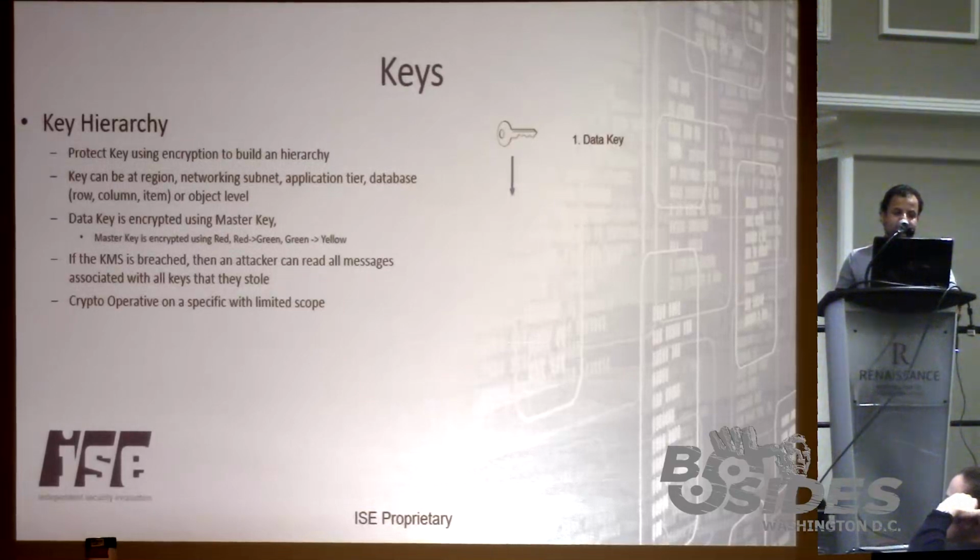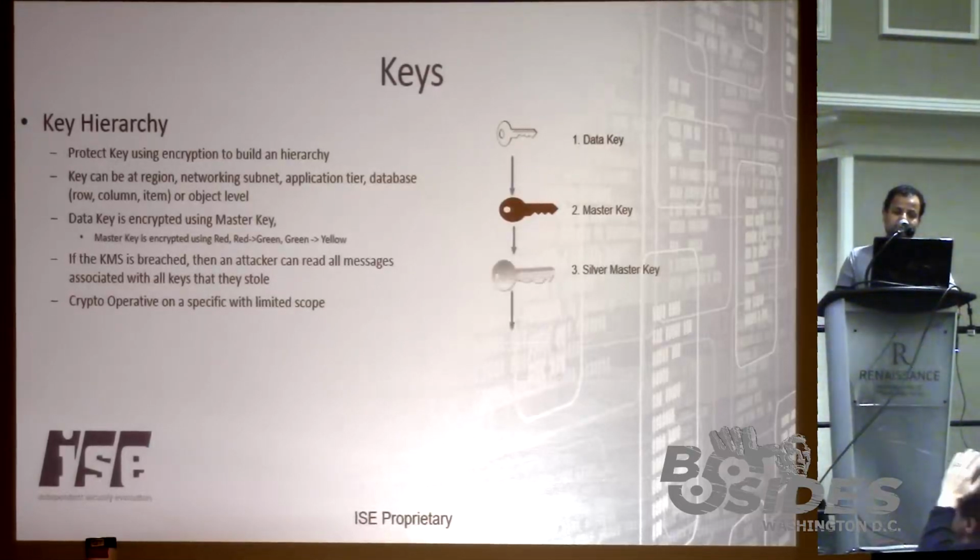What the key manager can also do is create a data key and then encrypt that with the master key, and then use multiple keys from that. It can create a master data key, encrypt the data key with the master key, and the master key could be encrypted with a silver master key,